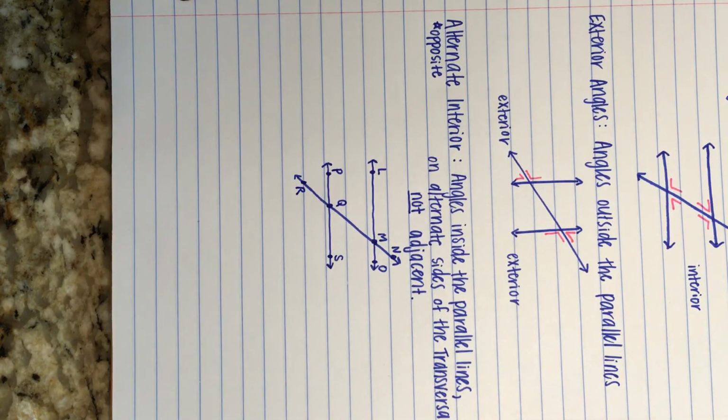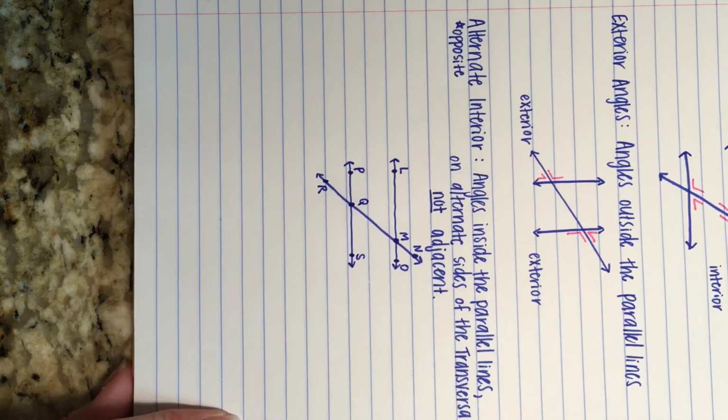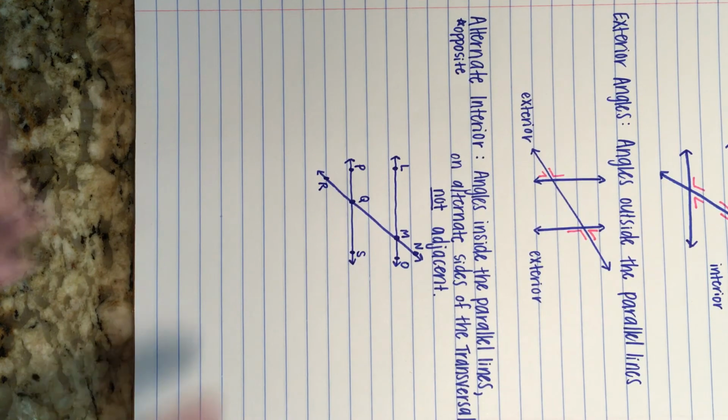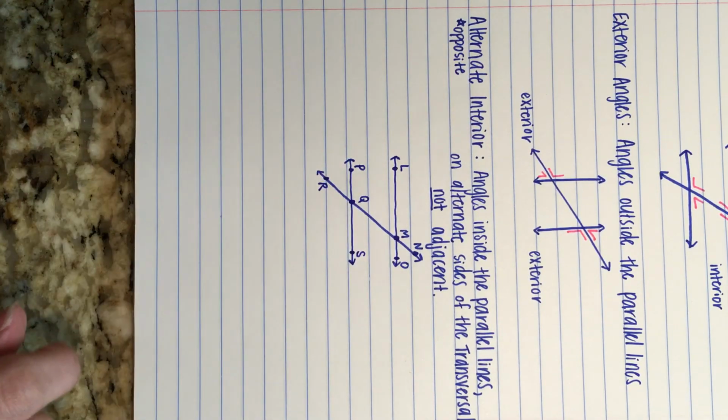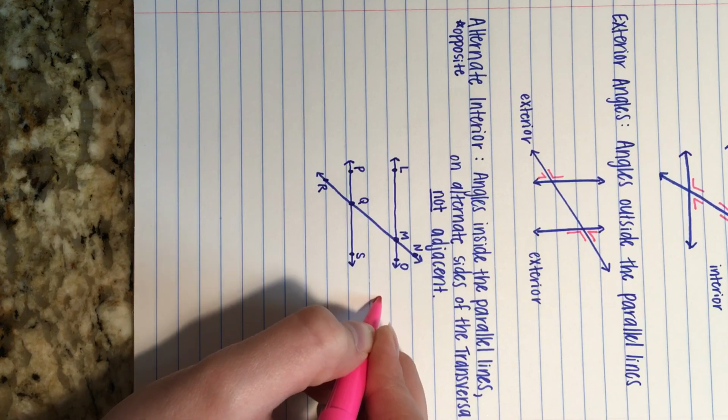So all I did was just label my lines and my transversal here. Okay, so I'm looking for alternate interior angles, and I'm looking for a pair, so that means 2. They have to be inside the parallel lines. So they need to be interior